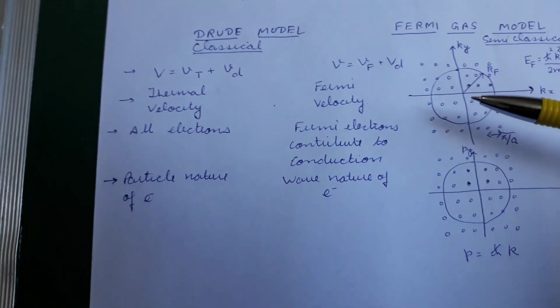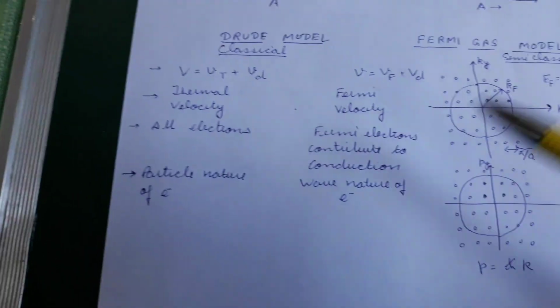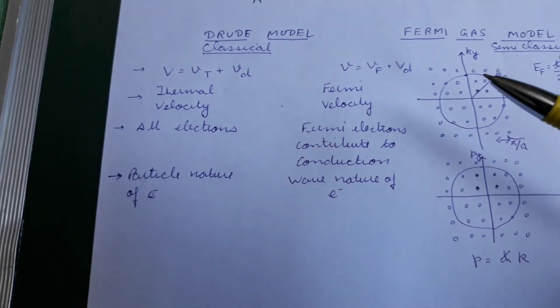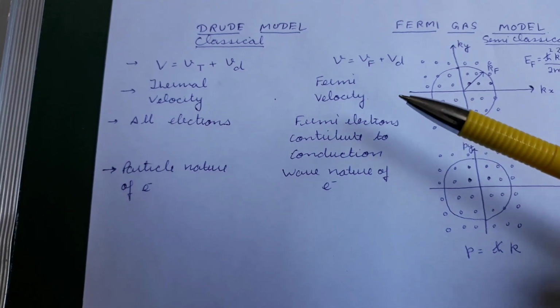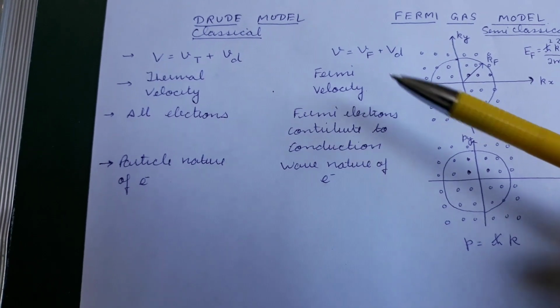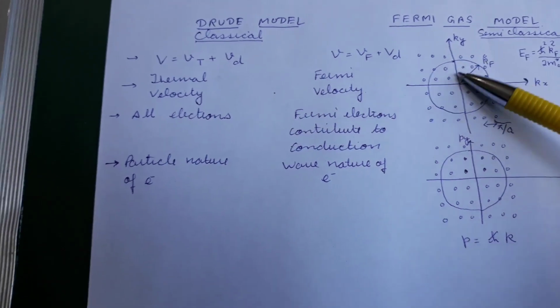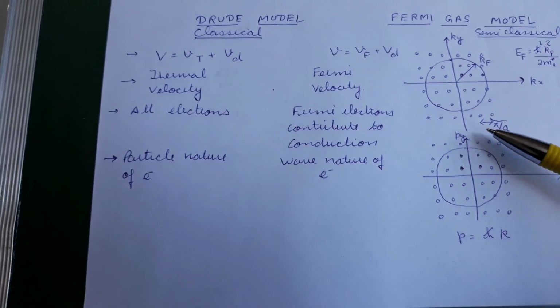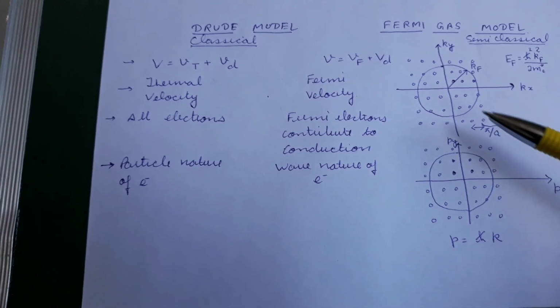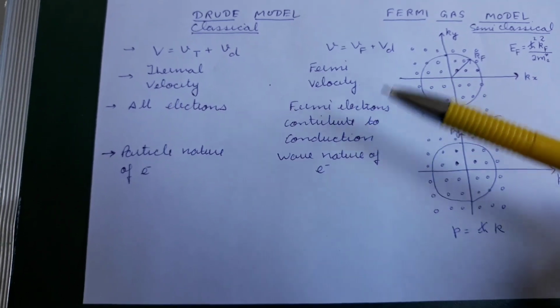If we have to draw in K space, first of all, we need to know how we go from real space to K space. If the interatomic or interplanar distance in real space is a, then in K space the distance between two points will be pi upon a, if it is a perfectly square lattice.